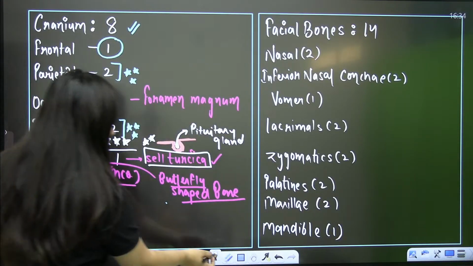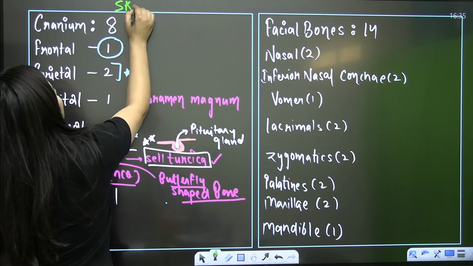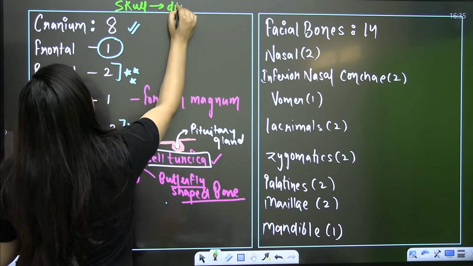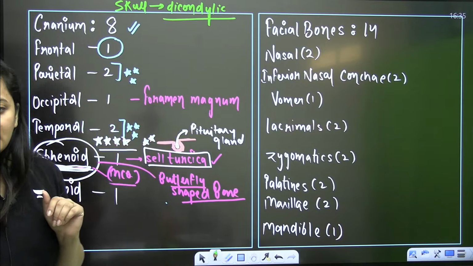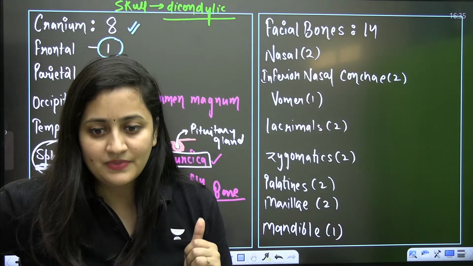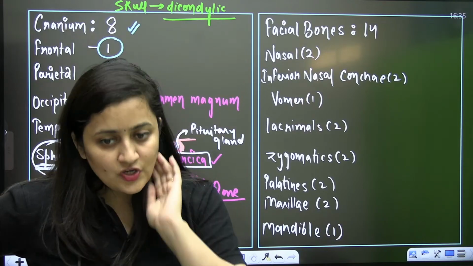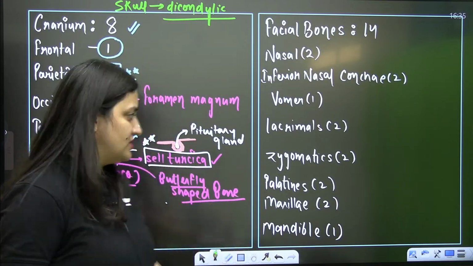Now the second important point. I don't know whether you have noticed it or not, but even in the animal kingdom we say that our skull is dicondylic. This is the word that we use. The skull is dicondylic, meaning 2 condyles are there. Now, what's that? See,